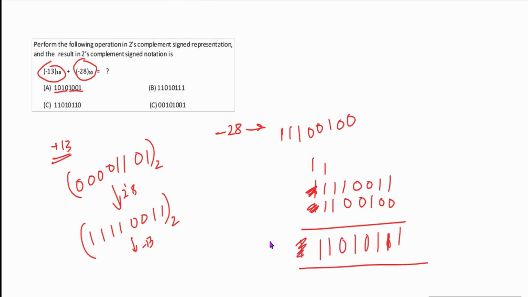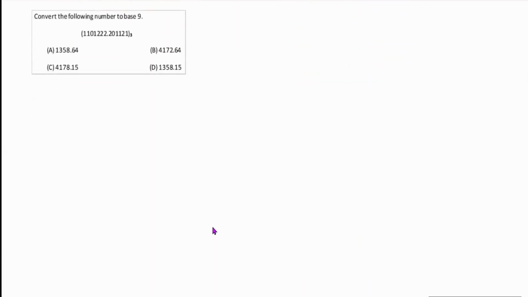Okay, so this carry will be neglected. This will be at this place. After this you can check which option this answer is matching. So I'm getting 3 1 1 0 at the end, and double 1 0. Okay, double 1. So this B is my correct answer. Let's go to the next question.